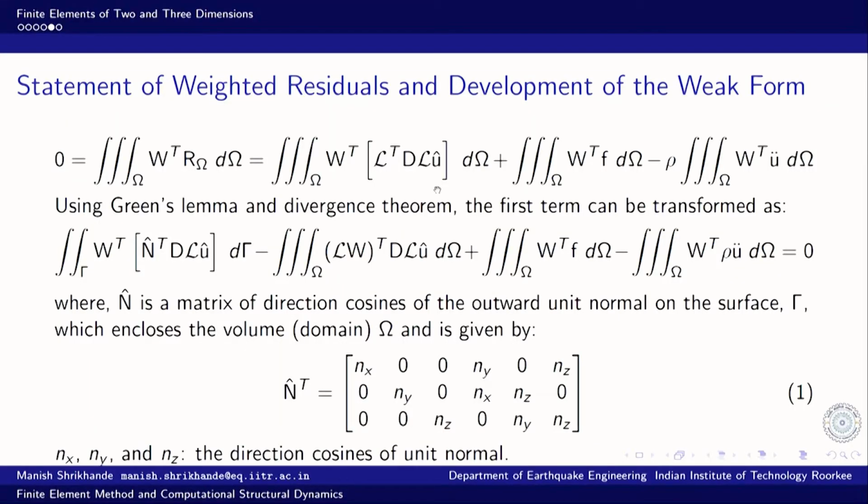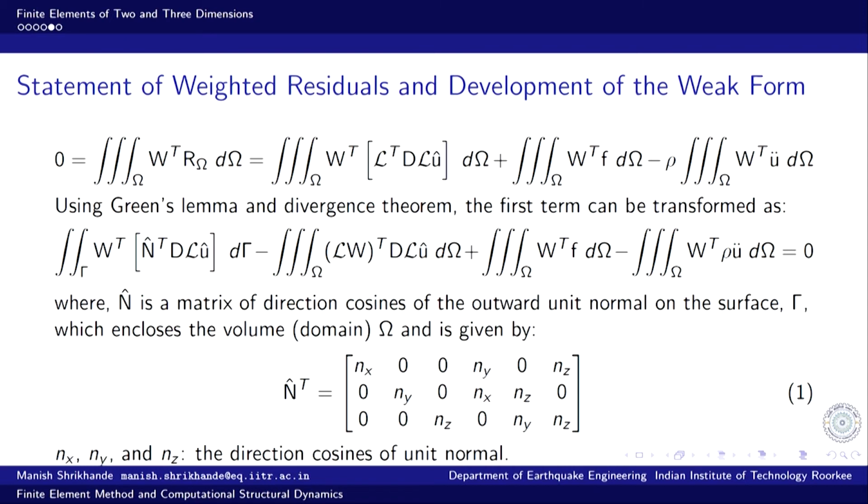Now, how do we construct these elements? This is the problem that we need to look at, because this domain omega needs to now be split into several subdomains, that is finite elements. So, suitable finite element approximation. In this case we of course develop the weak weighted residual and the weak form. Looking at this weak form, we identify the finite element model. Now, we will look at what kind of finite element would be suited.